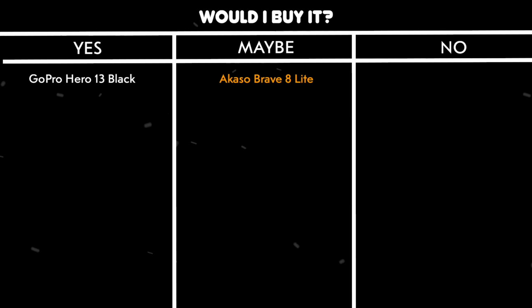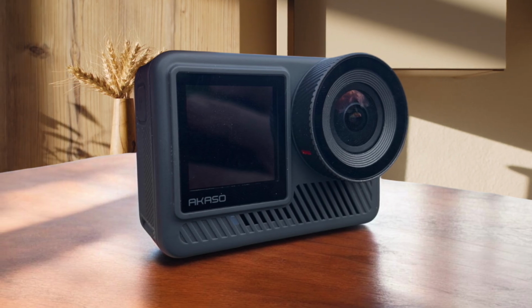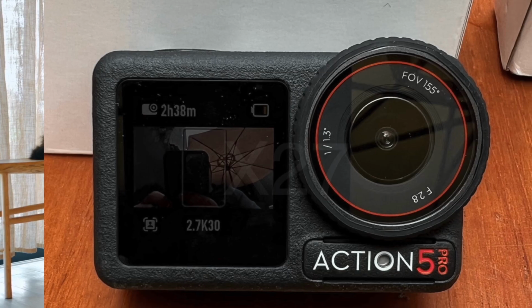The Akaso Brave 8 Lite is a good entry-level option for those on a budget, but more serious users might want to consider investing in a higher-end model. DJI Osmo Action 5. The Osmo Action 5 Pro boasts a 47GB built-in storage, which is a significant upgrade from